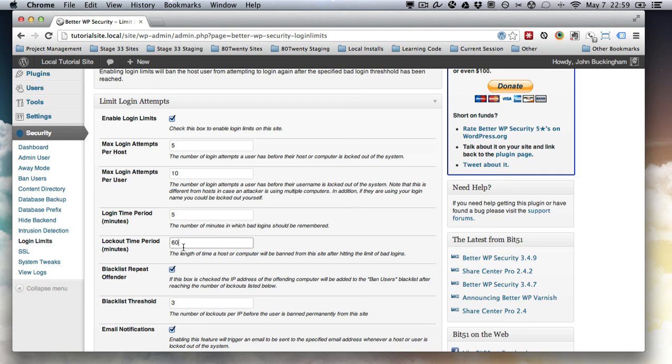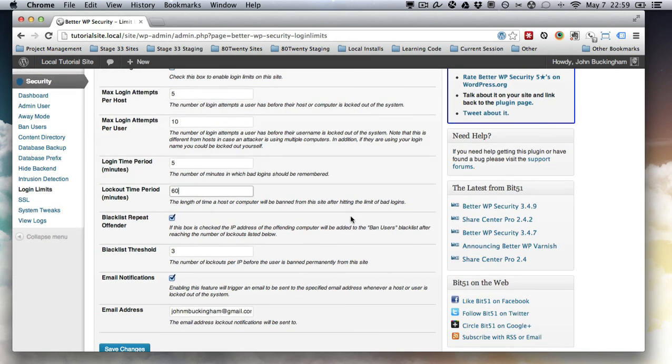This can be a problem for people who actually do fail their login 5 times, and then they get locked out. You'll have to log in here, and yeah, you'll have to release the lockout, and it's kind of annoying. So keep this in mind. If it's a shorter amount of time, then you just be like, okay, just wait an hour, and you'll be good to go. So yeah, I usually blacklist repeat offenders,